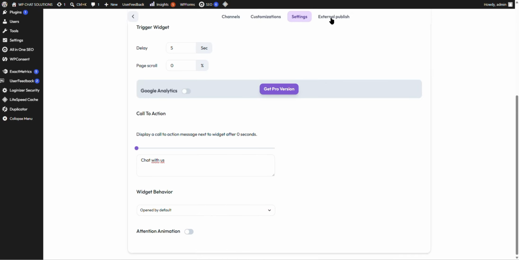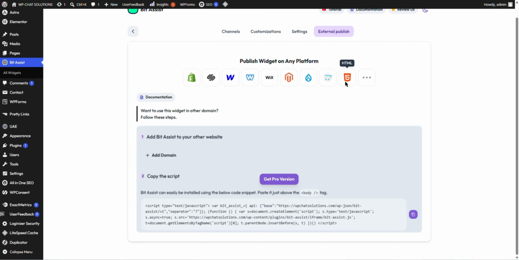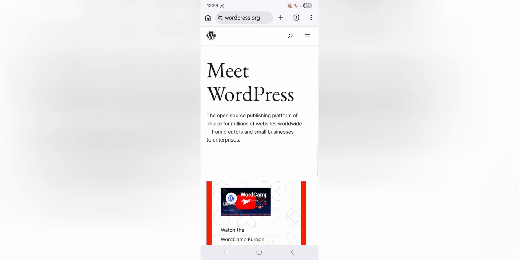And the next tab is external publish, but this does not apply. It allows you to take this code and install it on another platform. So I think that I'm good to go, and I'm going to jump on my mobile device to see how this works. So I'm now on my mobile device, and I'm just going to go ahead and open up my